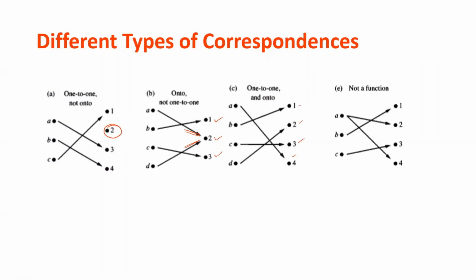Next is, as we have discussed in the very first lecture of function, this is not a function because it is not permitted that a single element is mapped with two elements of the codomain. Okay, so this is not a function, as we have discussed in the previous lecture also, that no student can get 2 grades. Okay, so here we can see A is mapped with 2 and A is mapped with 4 also. So this is not a function.